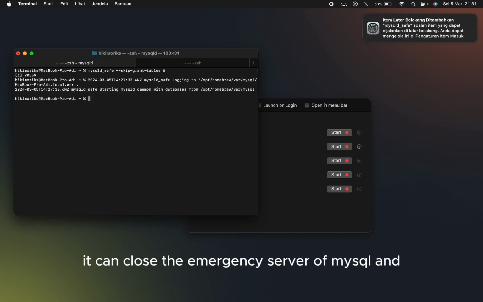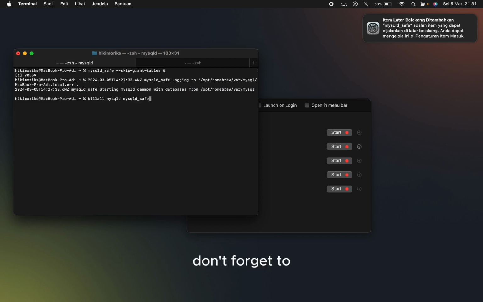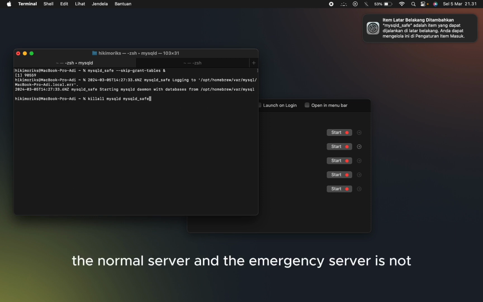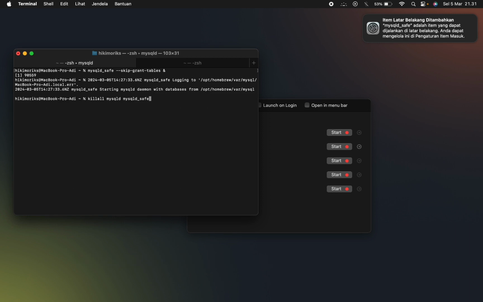We can close the emergency server of MySQL, and don't forget to kill our mysqld_safe and mysqld processes in the background. The purpose is that the normal server and the emergency server must not run at the same time.